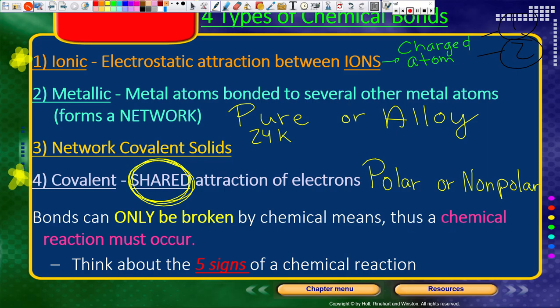Remember we talked about there's 5 signs that you can see with your eyeballs that a chemical reaction has occurred. Raise your hand if you remember them. I want to call them out. Bubbles, write that down. Number 1 is bubbles. Underneath this slide. So the 5 signs of a chemical reaction. The first one is bubbles. Heat. Hey, I'm going to call it. Raise your hand. Let me call it. I'm going to go one at a time. And there's 2 parts. Heat and light. So it's kind of a hyphen, like a slash word. Heat and light.